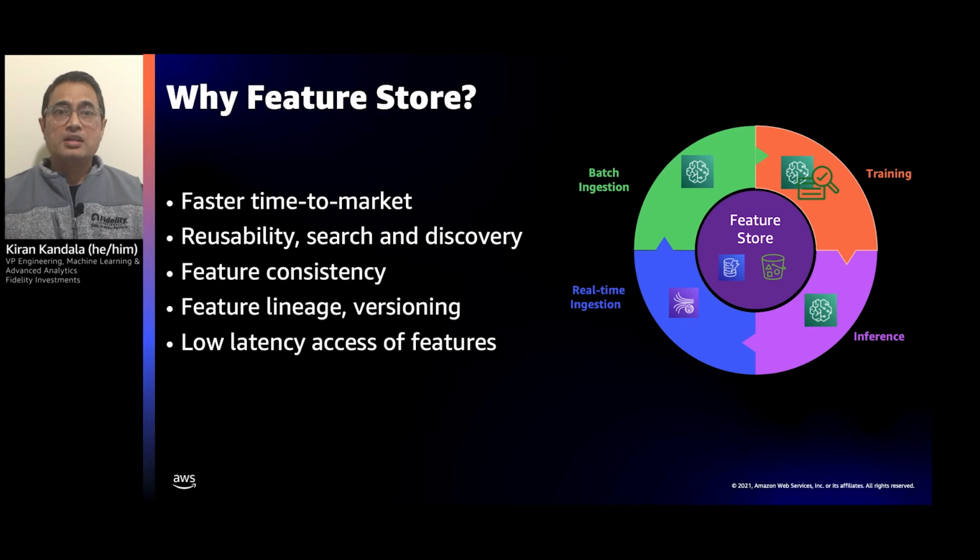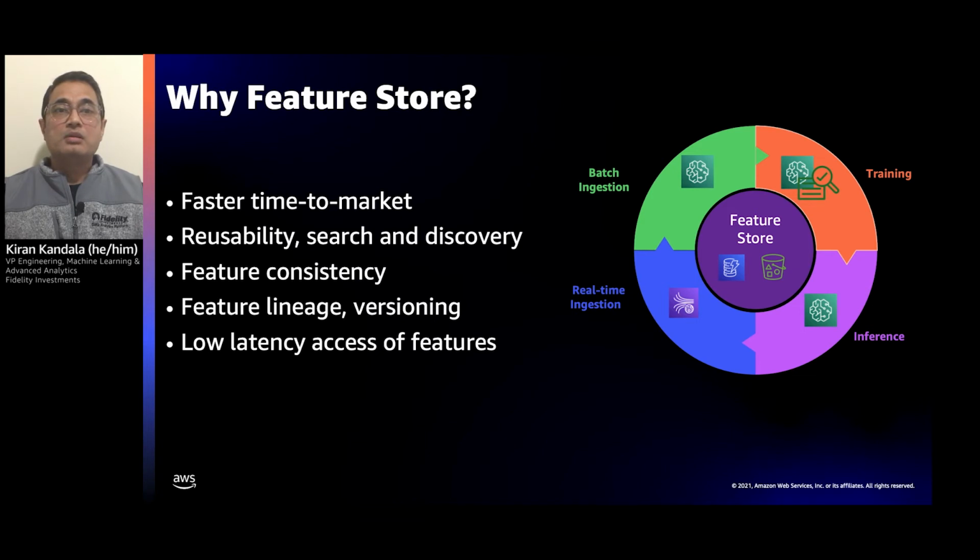Faster time to market is the key to success for any business. What does that mean in the context of model-driven products? When we spoke to the data scientists, the biggest, longest pole is the time it takes for a model to be developed, trained, and deployed to production. So accelerating the ML innovation by reducing the overall cycle time of our model deployments has become our goal. But it's a very challenging problem. So how do we do that?